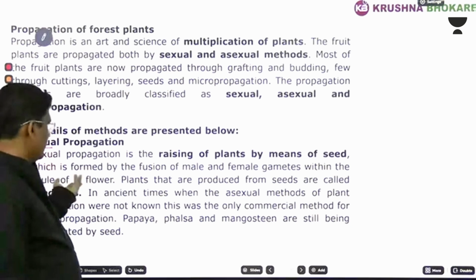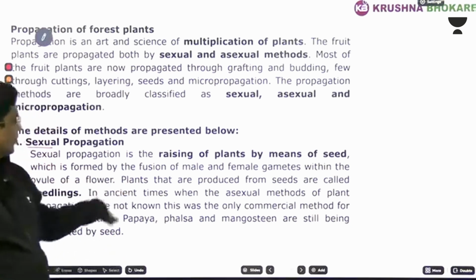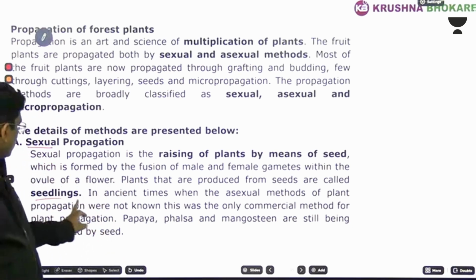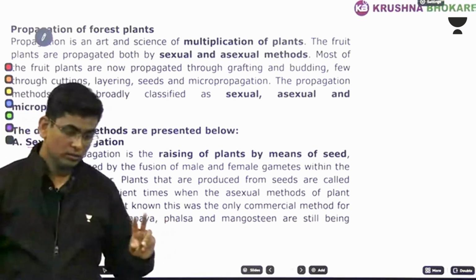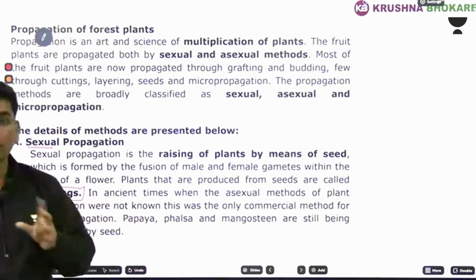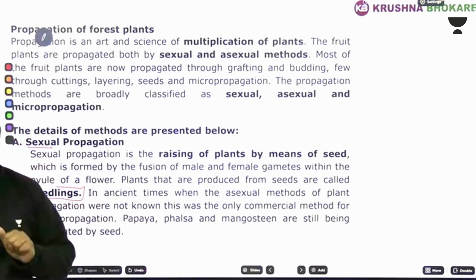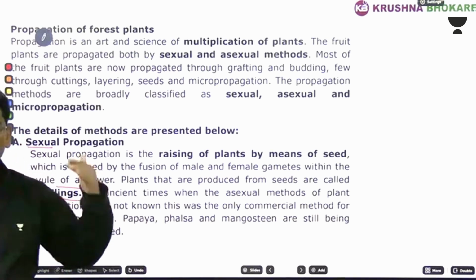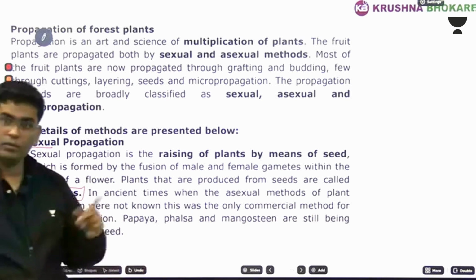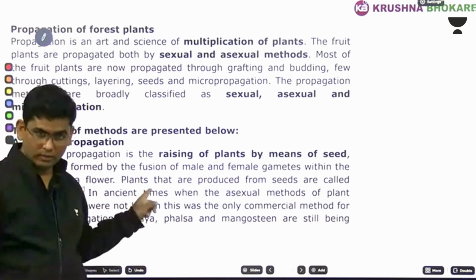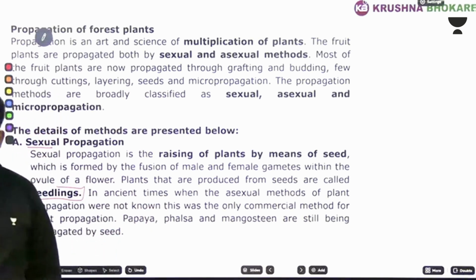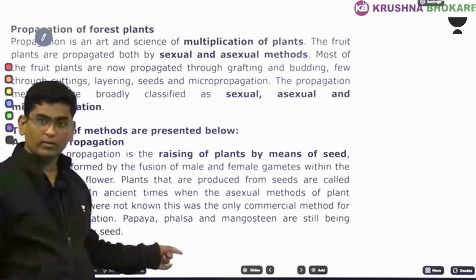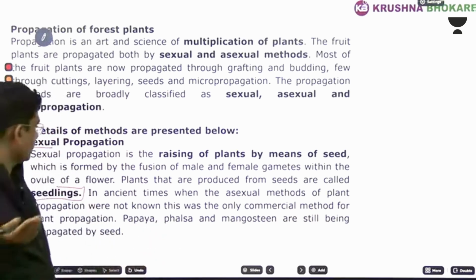A flower has male and female gametes. Plants that are produced from seeds are called seedlings. But plants produced from parts like stems are called ramets or clones. Seedlings means nursery plants; if they are from the root stock, they may be called clones because they are exactly like their parent. Seeds may or may not be exactly like their parent because of recombination. We have seen that in the second paper.